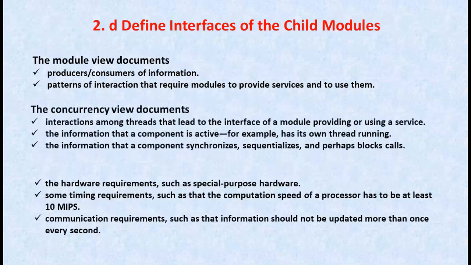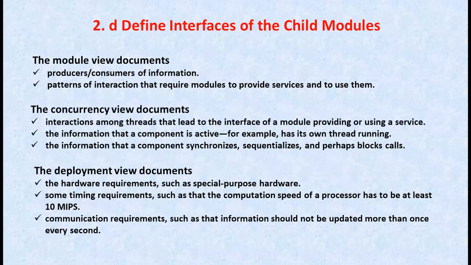And the concurrency view documents the interactions among the threads that lead to the interface of a module providing or using a service, or the information that a component is active, or the information that a component synchronizes, sequentializes, and perhaps blocks calls. Here the development view documents